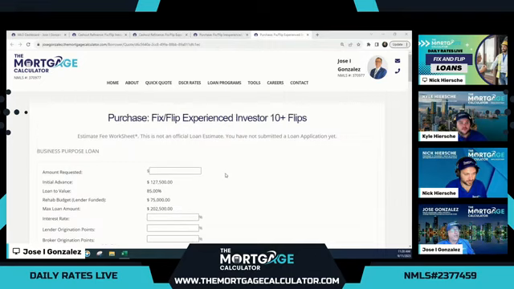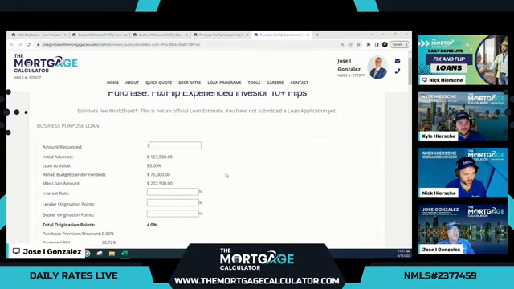So here, due to our experienced flipper having 10-plus flips in the last 3 years, it's always in the last 3 years, they're lending us 85% of the current value as what they call the initial advance, right? So we have a $150,000 purchase. At closing, it's a $127,500 loan, and then you see there's a $75,000 rehab budget, which is